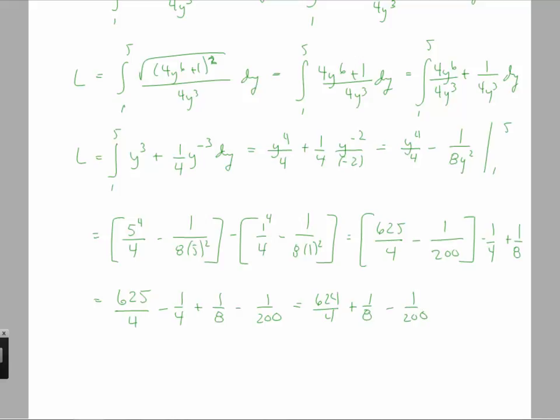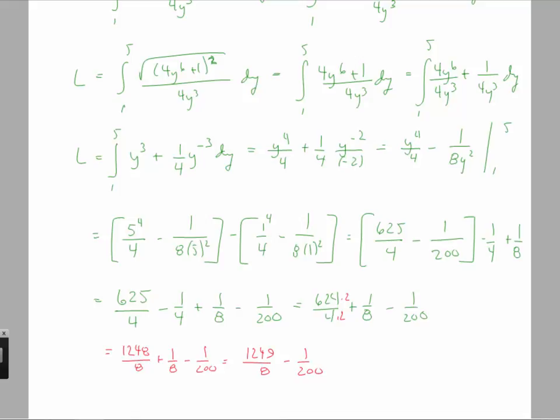I want to find a common denominator here. I know I could reduce this, but I'm going to go ahead and find a common denominator. If you want to reduce it, you absolutely could. We're going to get the same answer in the end. So we'd end up with 1248 over 8 plus 1/8 minus 1 over 200. 1248 over 8 plus 1/8 would be 1249 over 8